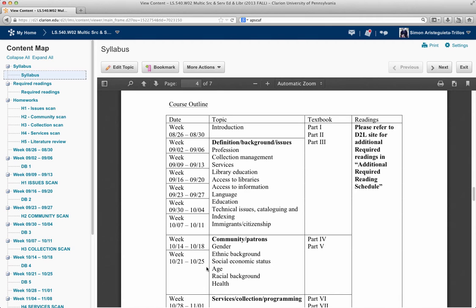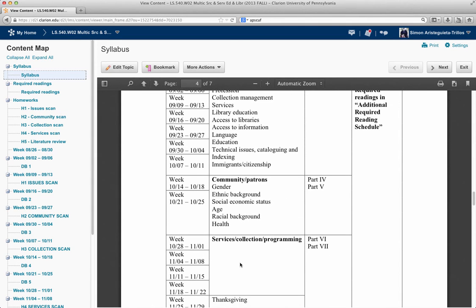Immigrants, citizenship, and I may add socioeconomic status, gender preference, etc. So there are many issues in diversity. It's not only about, and we're going to see in the second component, there are 2 weeks, community and patrons. It's not only about ethnic background or national background. No, diversity is expressed in many other ways, and that's why we're doing those 2 awareness homework, because I want you to open your mind to diversity. We are all a diversity, okay?